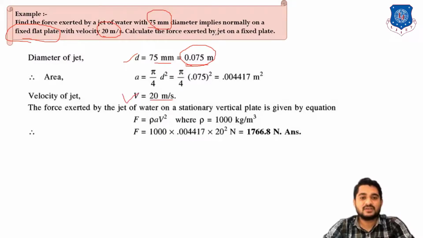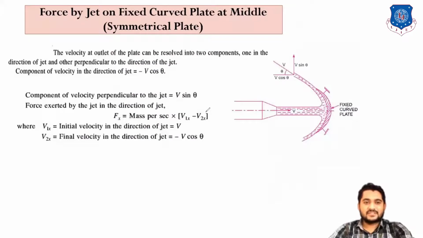Calculate the force exerted by jet on a fixed plate. As we have derived earlier, force in x direction is equal to rho A V square. Rho for water is 1000, area for circular jet is pi by 4 d square, and velocity is already given. So our force will be 1766.8 Newton. Clear, students? Now next theory, force by jet on a fixed curve plate but at a center, and plate is